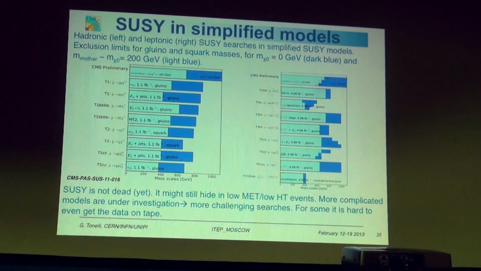And this is another example, another interpretation. Clearly, all these results are model dependent. If you change the pattern of the masses, the limits can become weaker, as in this case. The limit at 1000 GeV could become a limit at 600 GeV if you allow the difference of mass between the neutralino and the mother mass to be 0 or 200 GeV. Again, it's tricky, SUSY, because whenever you have an experimental result, you can interpret it in different models, and you can get different absolute values of the constraints.